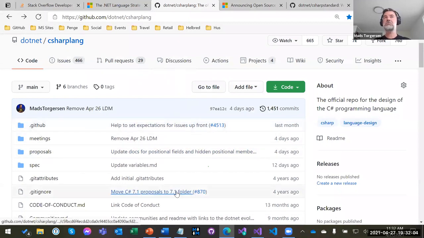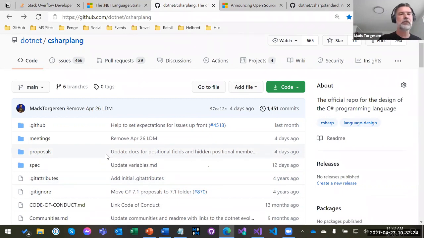This is a non-code GitHub site, if you will. The code in here are documents. This is where C# evolves. So all our artifacts related to the evolution of C# live in here. It's not like a display site where we put things out when we're done. This is where things evolve, where you see the sausage being made.